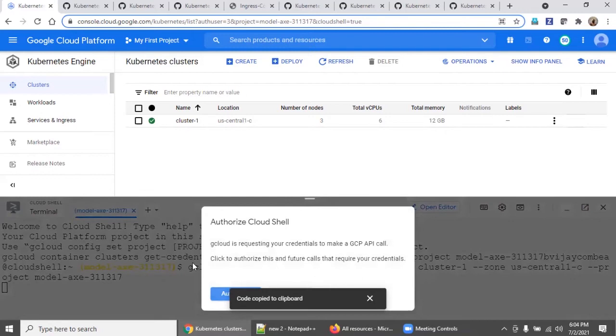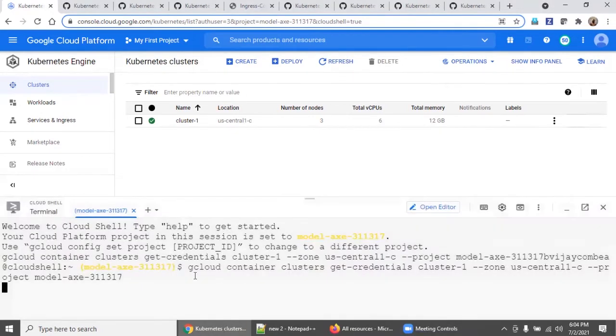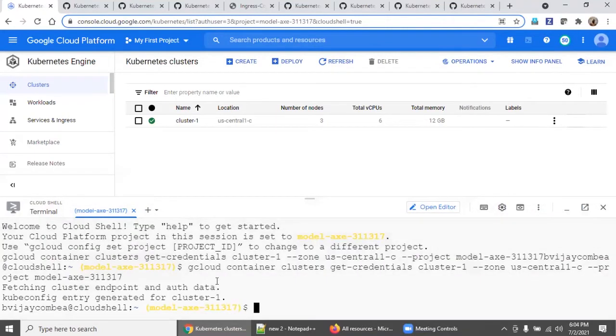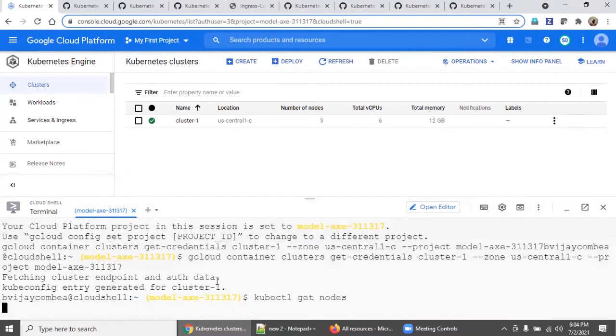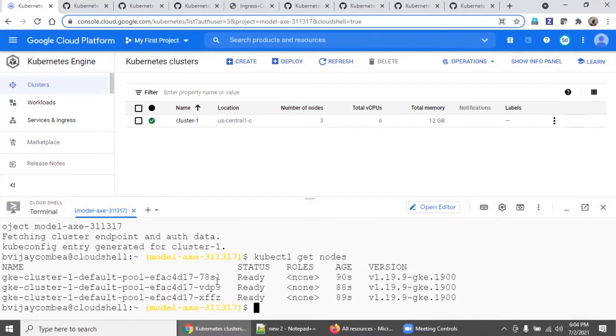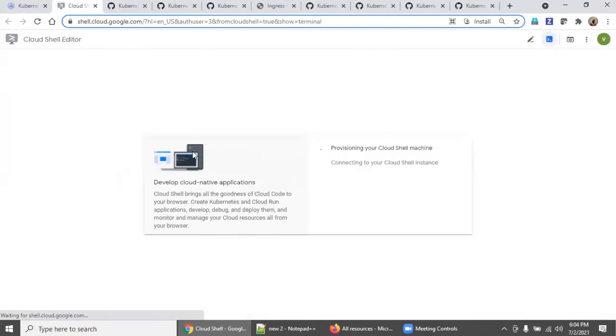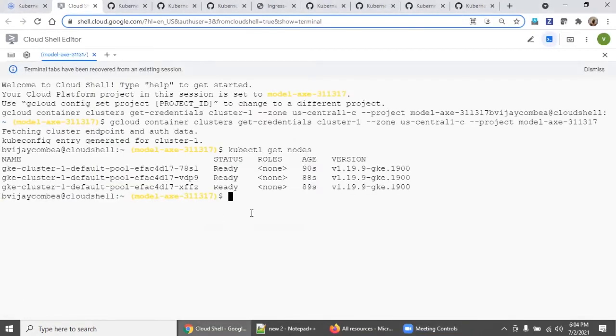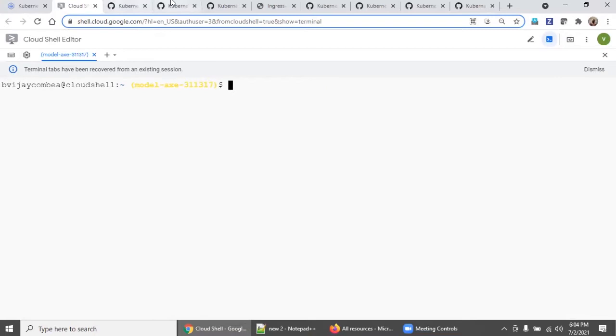As I said, wherever you start any hands-on, the first thing is kubectl get nodes to understand the worker node status. Yes, all are ready. To make it better, we can open this in a new full-size window so that you can see very clearly what commands are being typed. Now I'm clearing it out. Go back to the step.